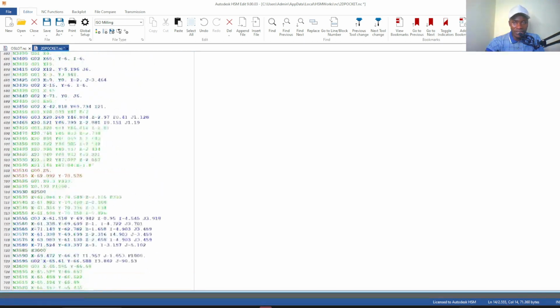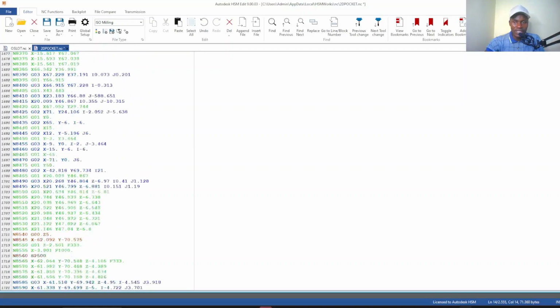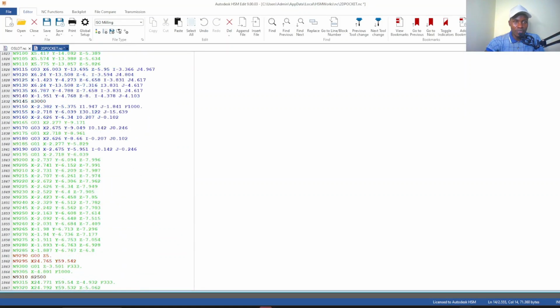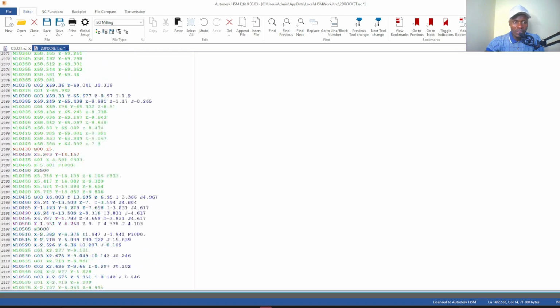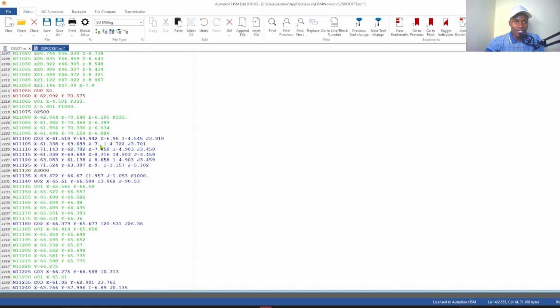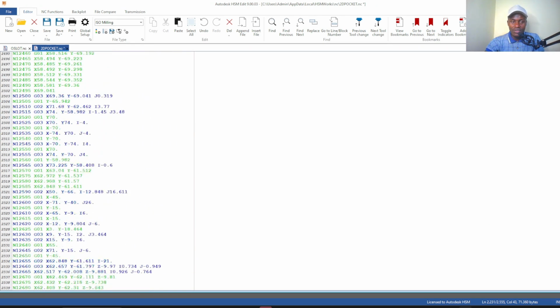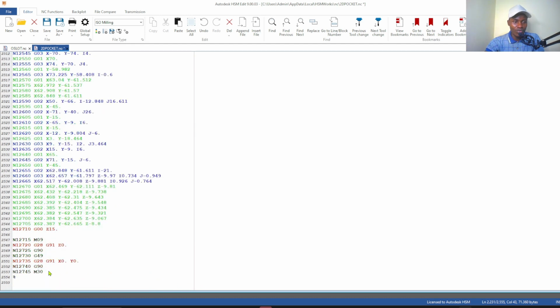So you can see a code can be too long, thousands of lines. That's the beauty of using this software to generate the code. If you are doing this manually and you have a small error somewhere around here, you'll have a rough time trying to find where the error is. So this is the beauty of using software to do the programming. We have moved a long way, and I hope you enjoyed generating the code using the software.